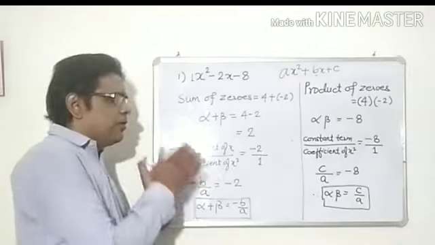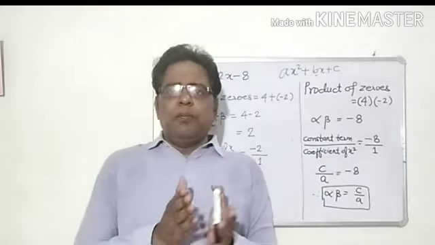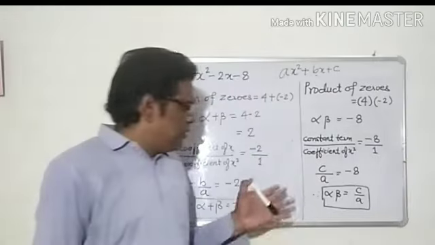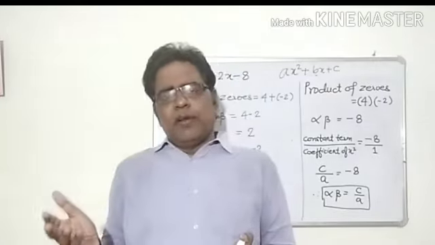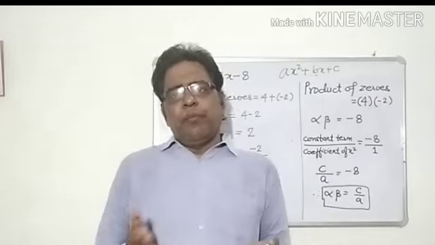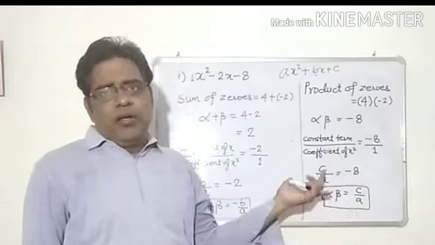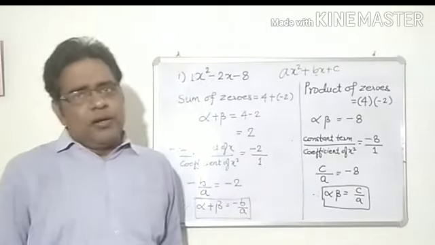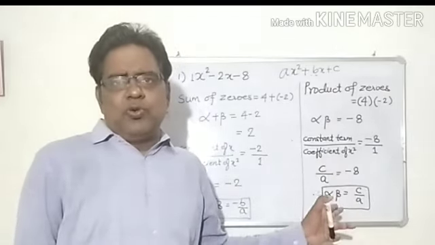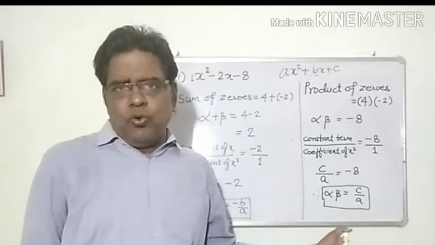So this way you have to do. First you have to factorize the given quadratic polynomial by splitting the middle term. Then when you factorize, equate them to 0 to get the two zeros, name them alpha and beta, and then find the sum of the zeros this way and product of zeros this way, and your question will be done. So this way you have to solve. I hope you all have understood how to solve this question. So I will move to the next question.